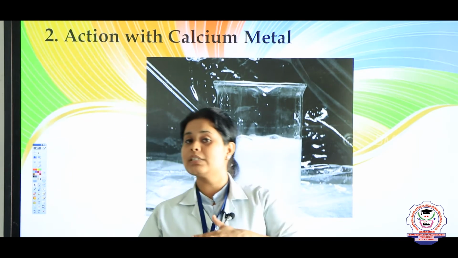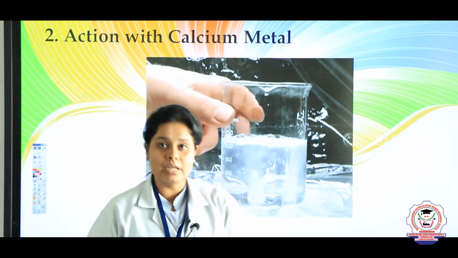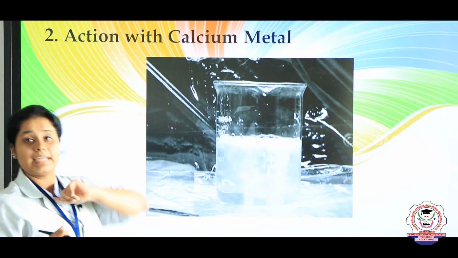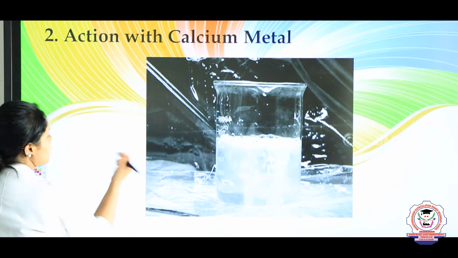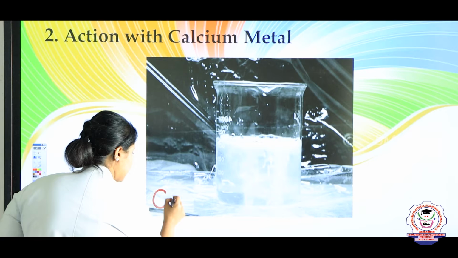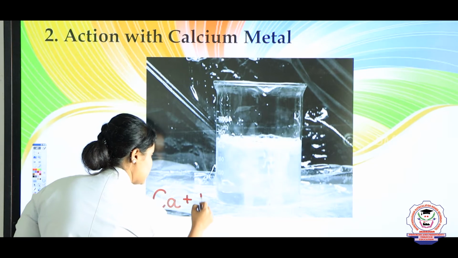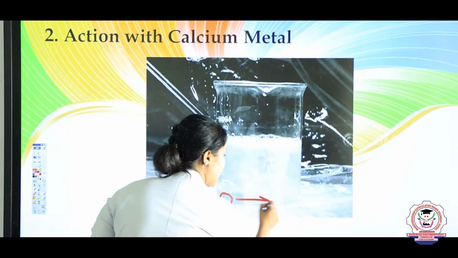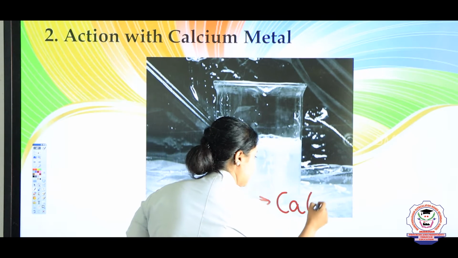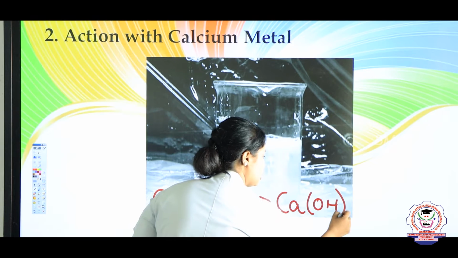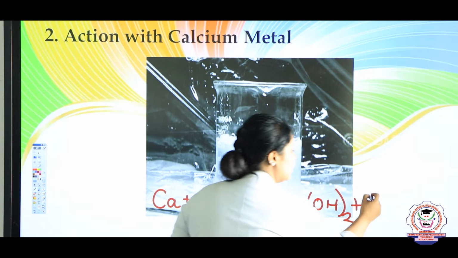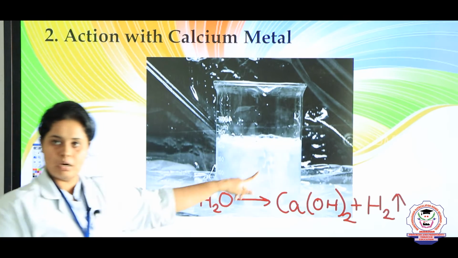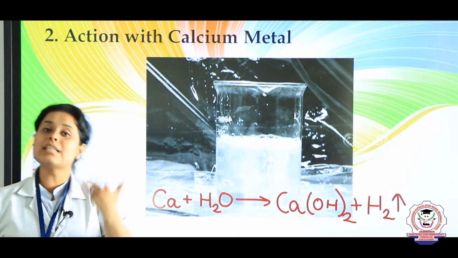So in the previous case, hydroxides were formed, right? Even in this case, the hydroxide will be formed, and if I am taking calcium, then the reaction will go as calcium plus water will become calcium hydroxide, Ca(OH)2, plus again the hydrogen gas is getting liberated in the form of bubbles here. Okay, so this is the way the reaction is happening.